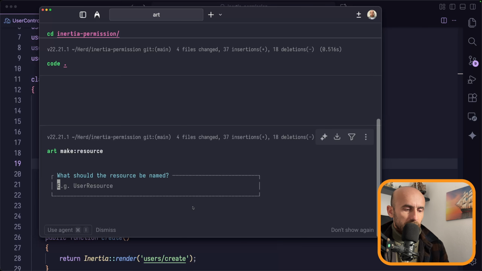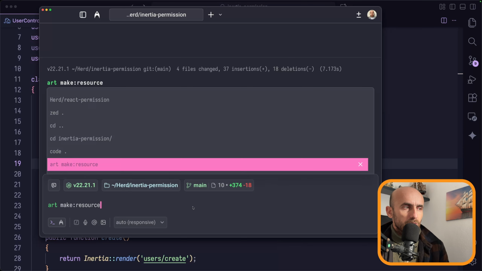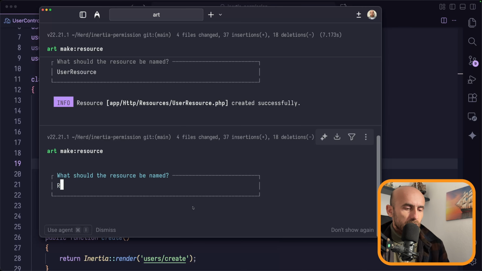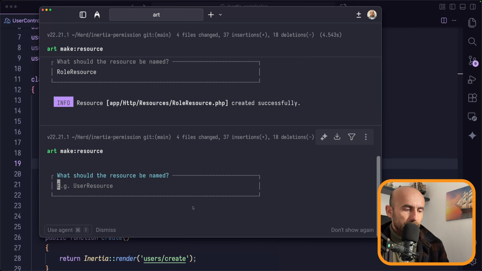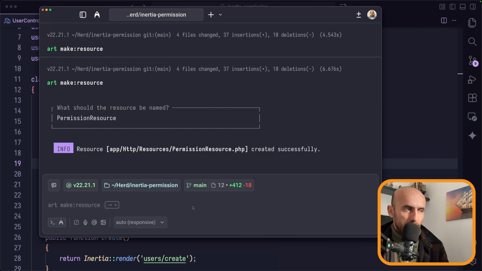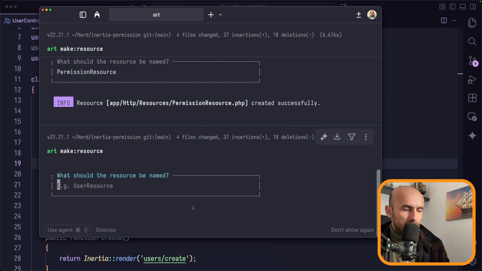And I'm going to create a user resource. Also, I'm going to create a role resource and permission. And also let's create a task